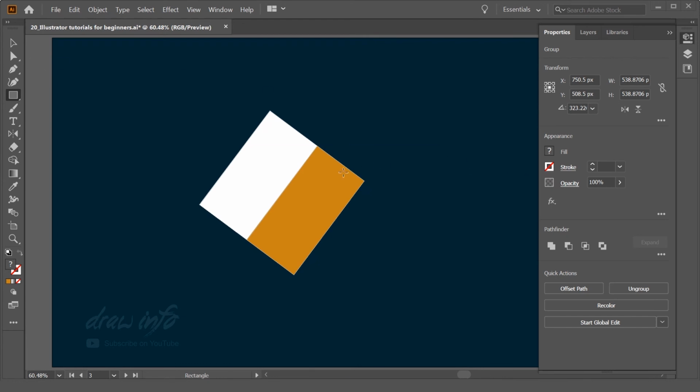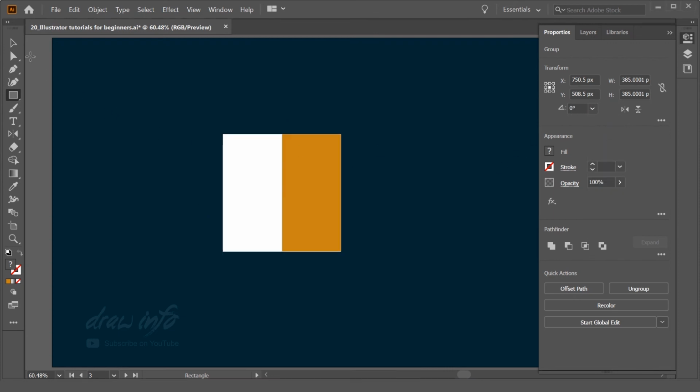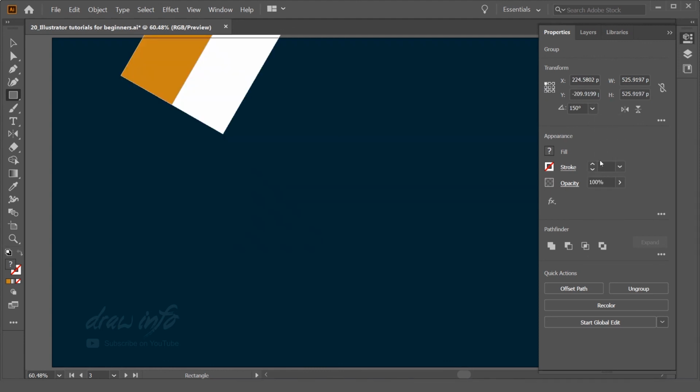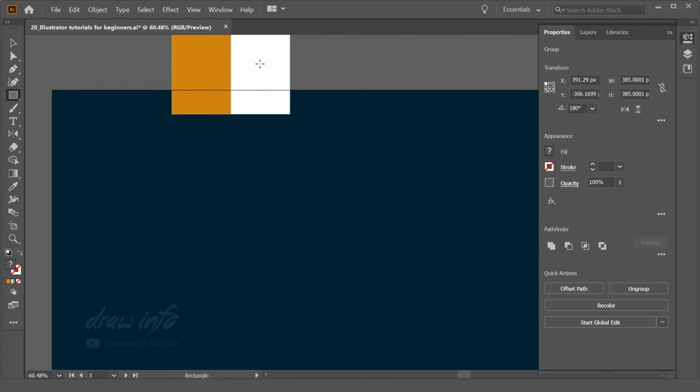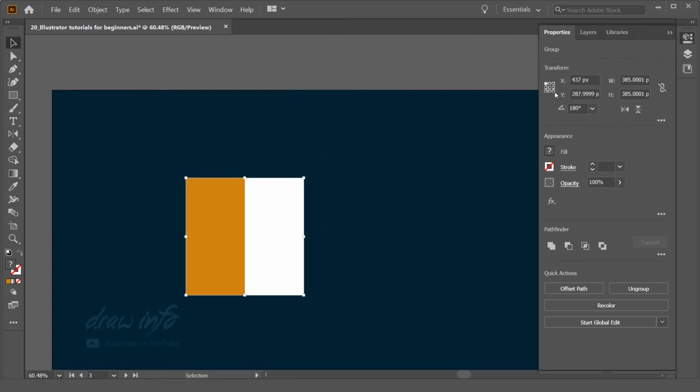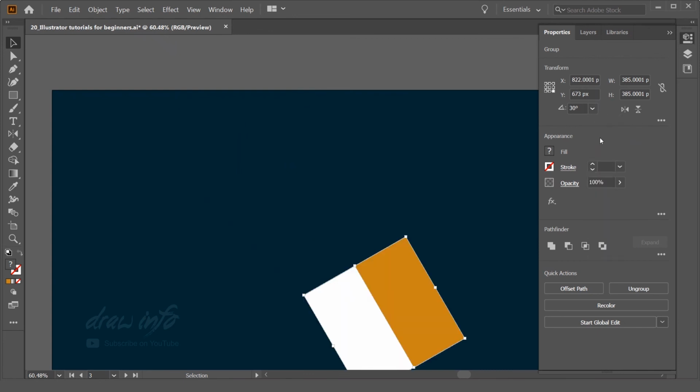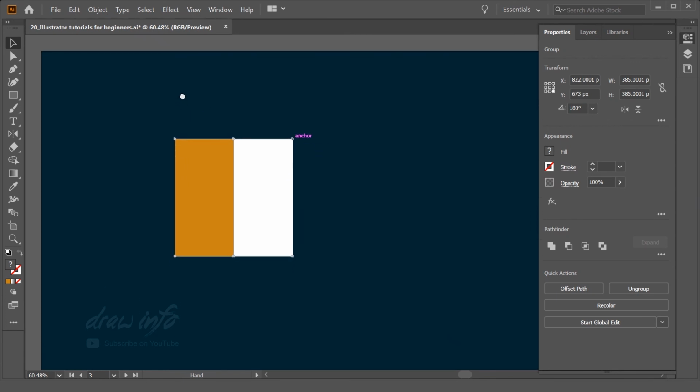You can control the rotation through the rotate tool, and in properties you can change this to whatever degree you want to rotate this object. There are even a couple more options over in Transform. If you change this, it rotates to that particular angle. You see you can rotate at that angle also. Wherever you select this, it can rotate from that angle. So that's it. This is the basic use of the rotation tool.